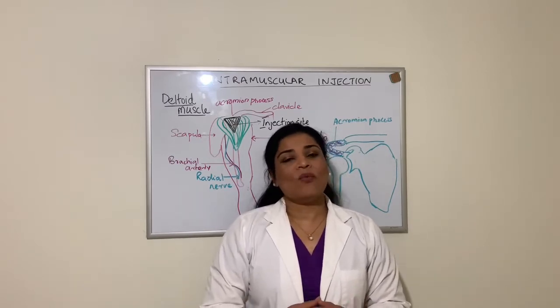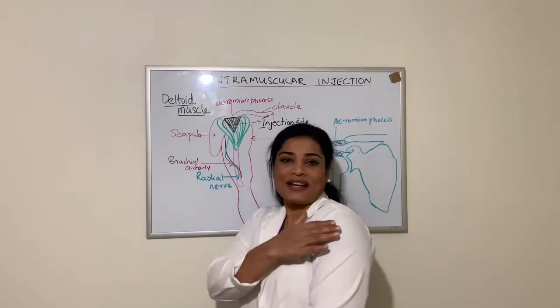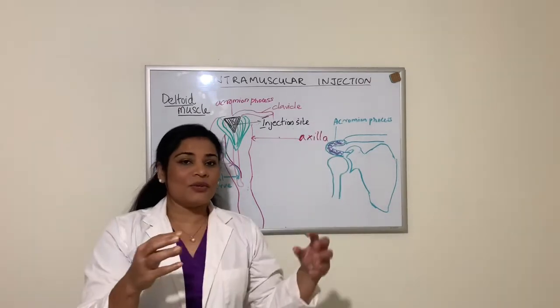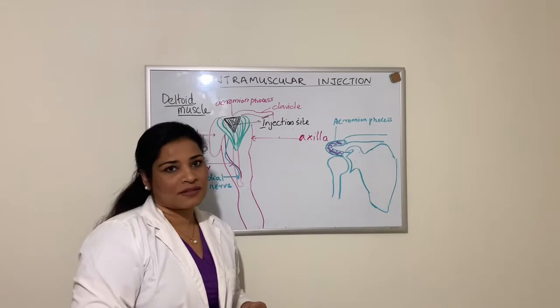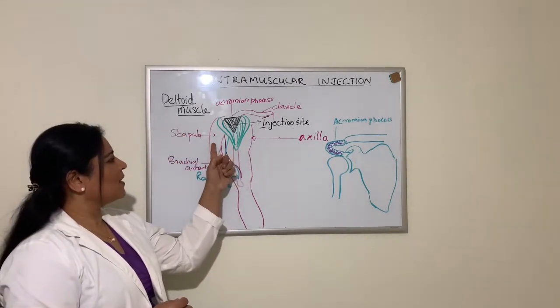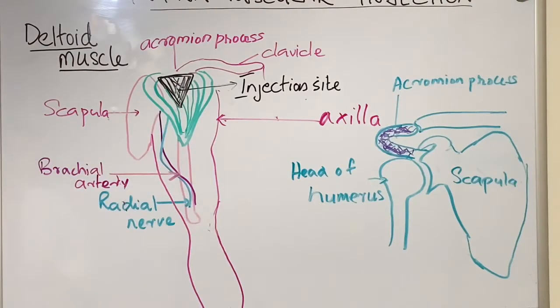So let's see what are the landmarks we check while you give the intramuscular injection on the deltoid site. In the shoulder joint, we can see the union of three different bones. Number 1 is clavicle, the other one is scapula, and the head of the humerus. When you check the landmarks for the deltoid muscle, you check for the acromion process and you feel the acromion